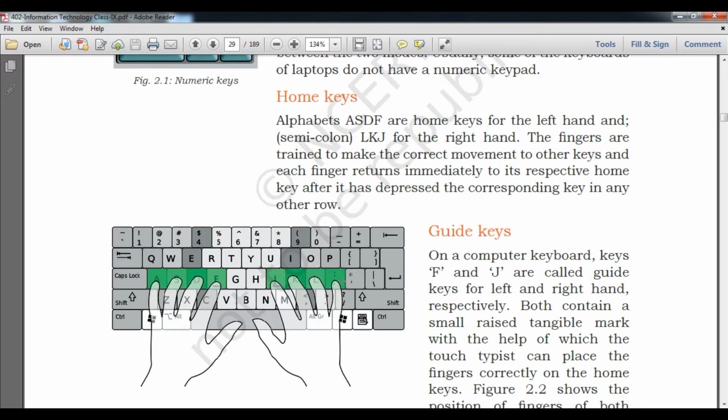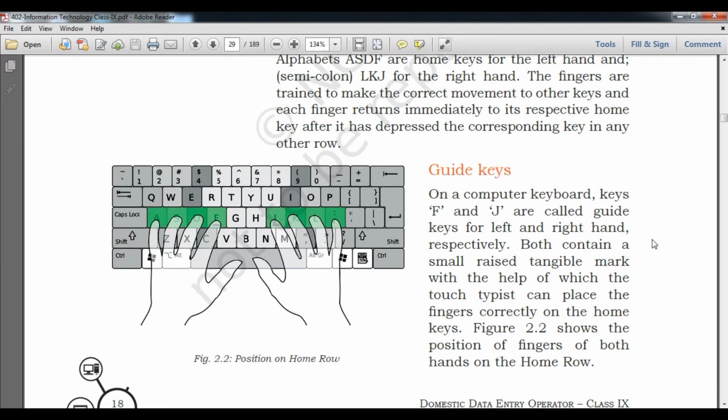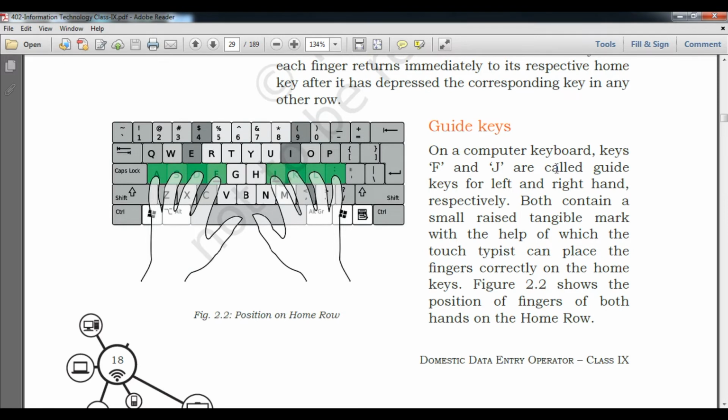Okay, so here, student, you can place the finger according to this. You can see in A and J there are two keys on a keyboard which have some kind of marking, a particular point which indicates or helps you to press the keys from here. I'm saying put your hand in such a manner by which you can type as fast as you can. Okay, so here is the guide key.